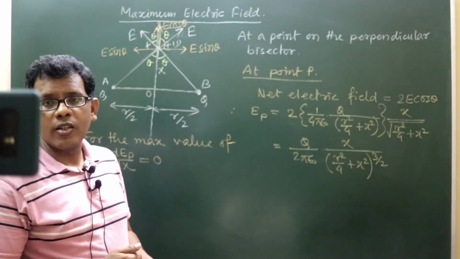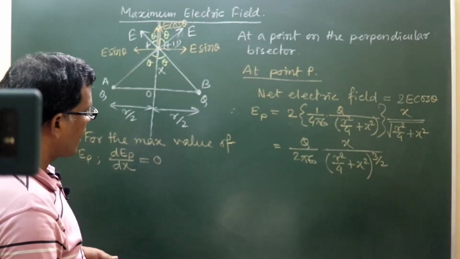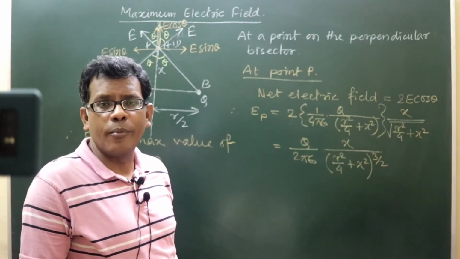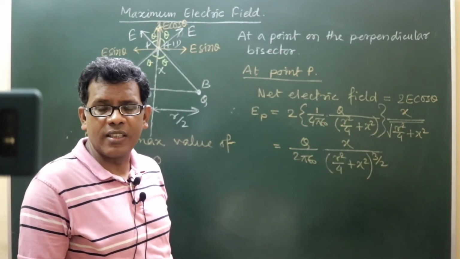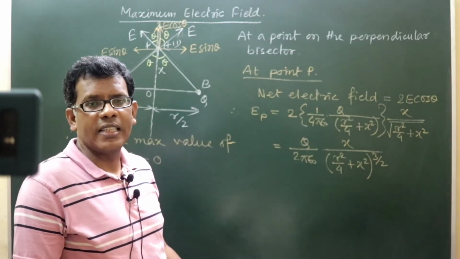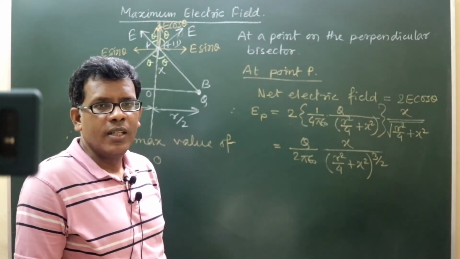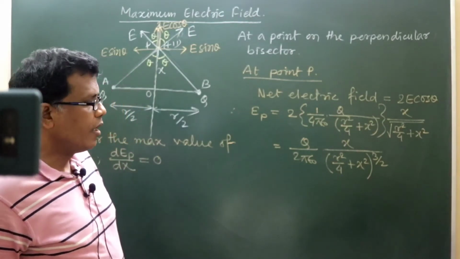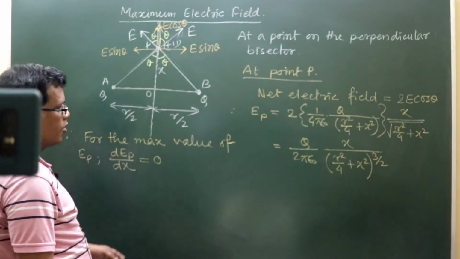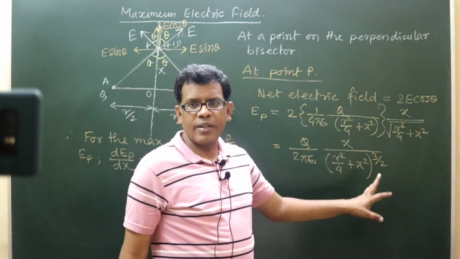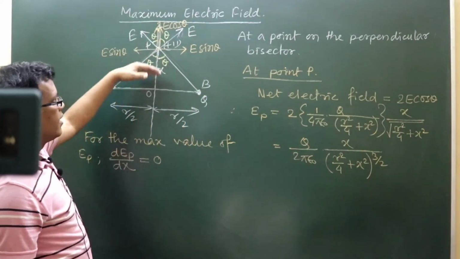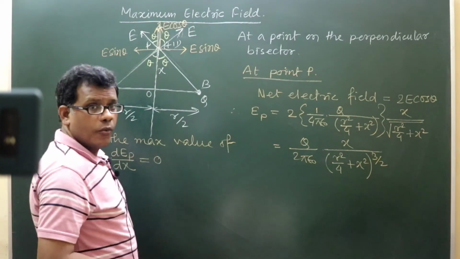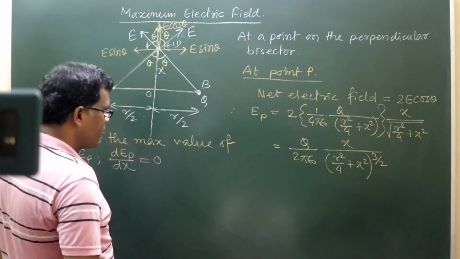As per the concept of maxima and minima in calculus, whenever we want to know the maximum or minimum value of a mathematical function, at its maximum or minimum the function's first derivative becomes 0 with respect to its variable. So in this expression, x is the variable, based on x the position will be decided, isn't it? So that's why we must differentiate here.